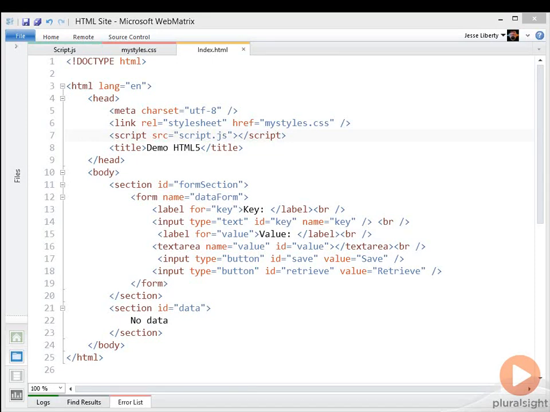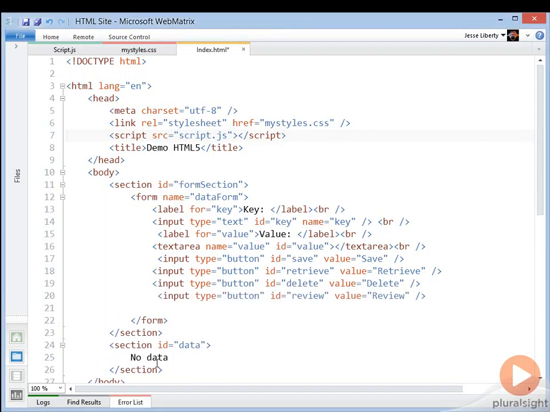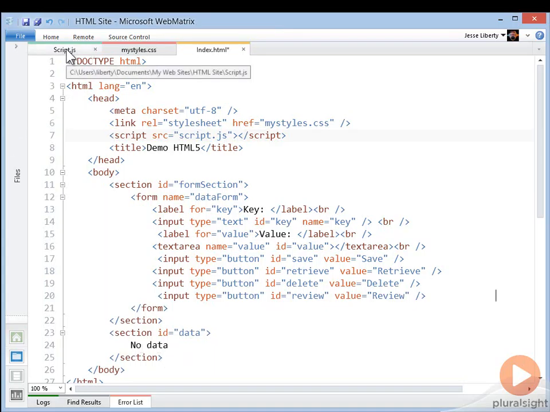Let's return to our previous example and add 2 new buttons to our form. The first button will be labeled delete and will be used to delete a single object from the session storage. The second button will be called review and will be used to look at all of the items that are currently in session storage. To implement this, we turn to